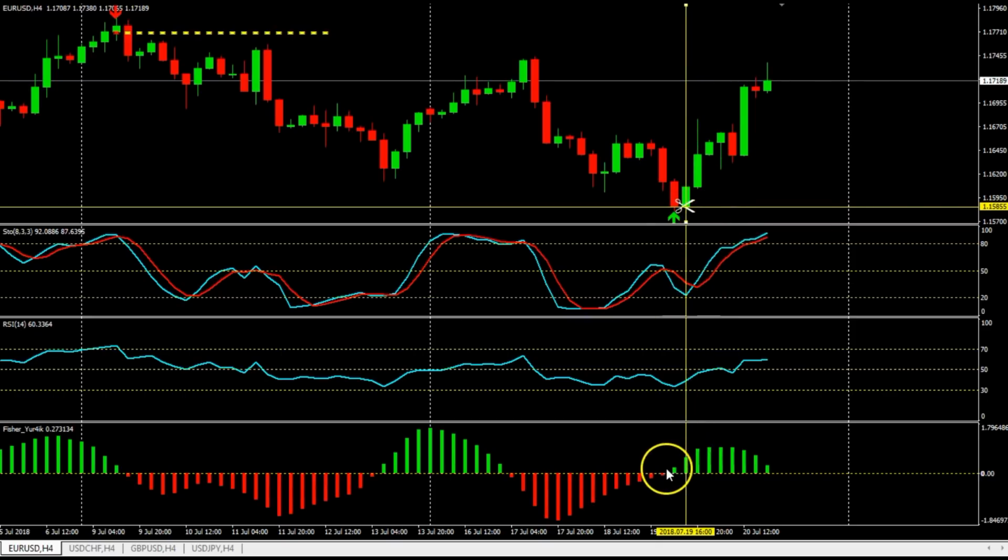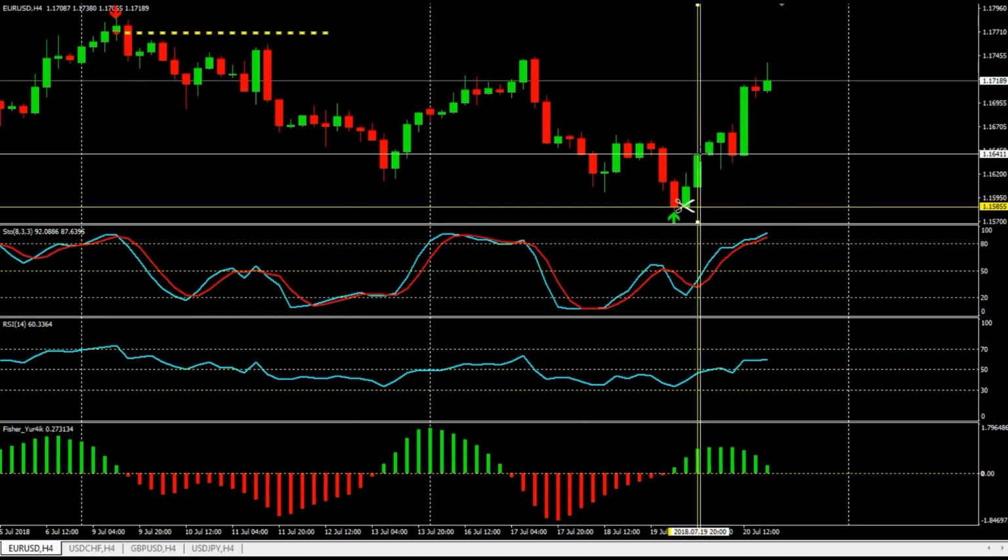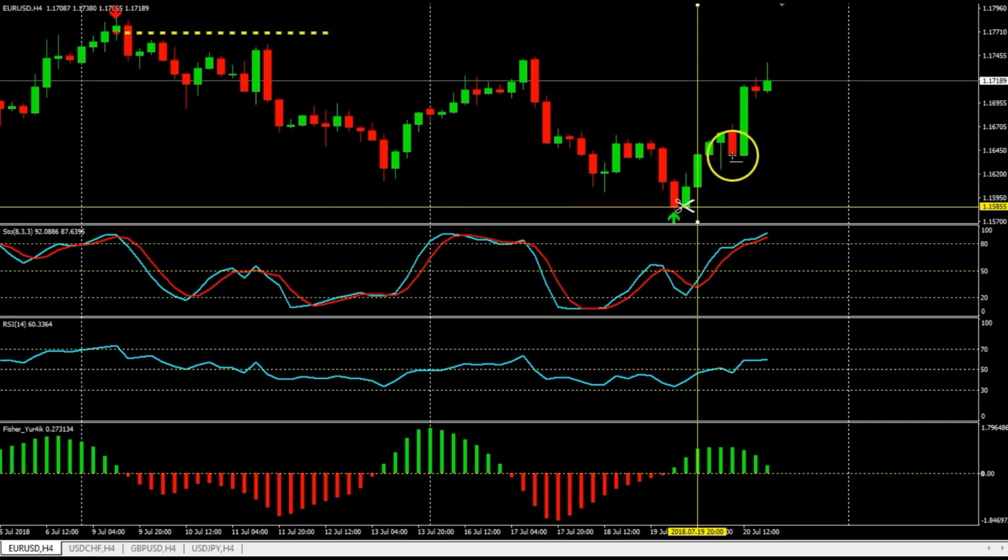Then you see the Fisher is green, RSI is going up, but the stochastic has not crossed, the blue line hasn't crossed the red line, it hasn't gone up. So we wait until there it is. That's where we get the buy signal here. So this is going to be your buy. Let's bring a line and place our buy entry